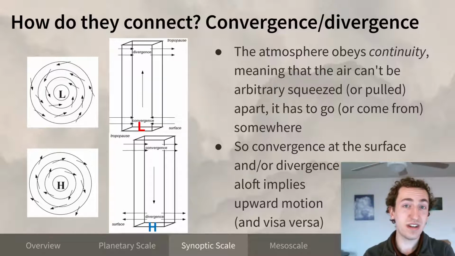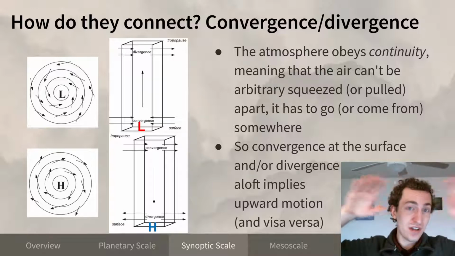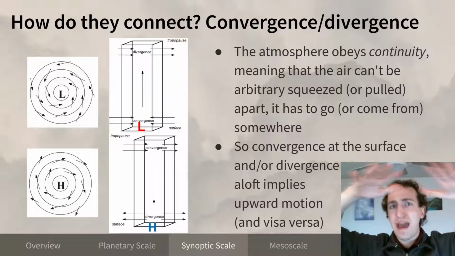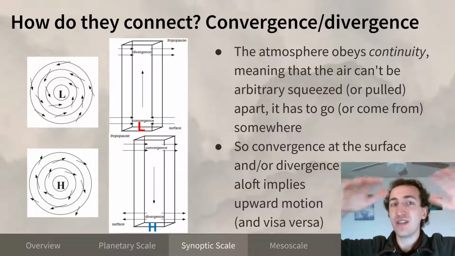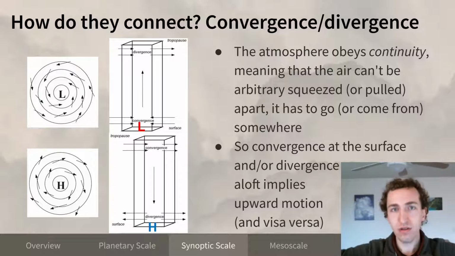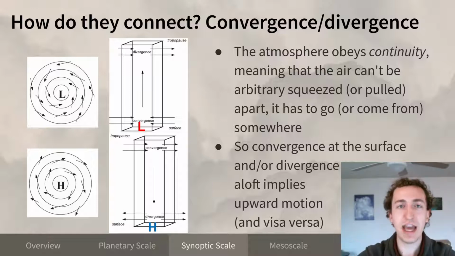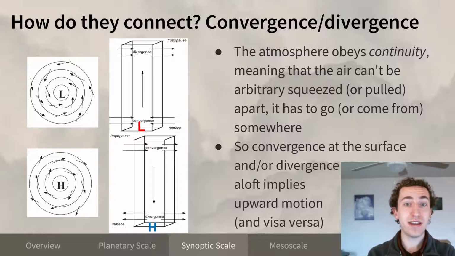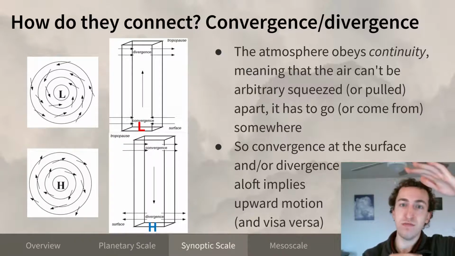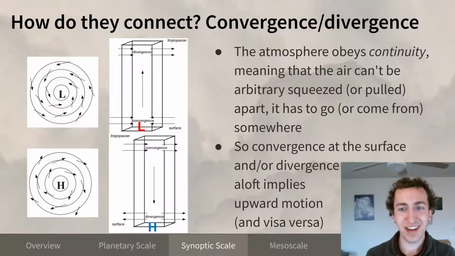Since we talked about the upper troposphere, the boundary between the troposphere and the stratosphere, which we call the tropopause, as a sort of hard limit, and the ground or the ocean surface isn't a hard limit, we can't have air going into that. We know that the compensating flow for either divergence or convergence has to go away from those two boundaries, which means that